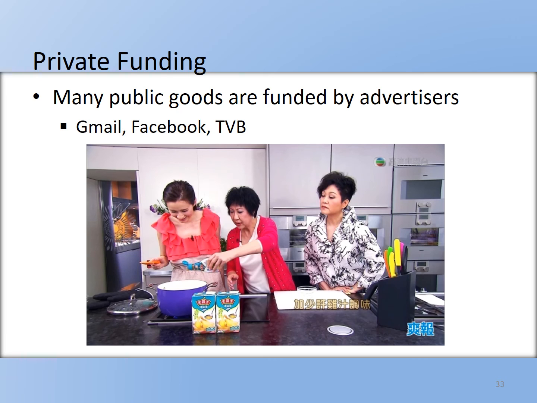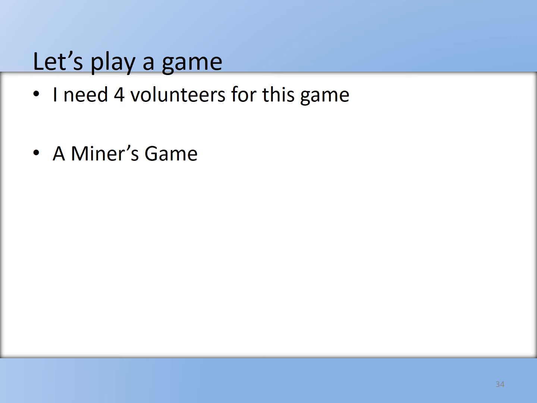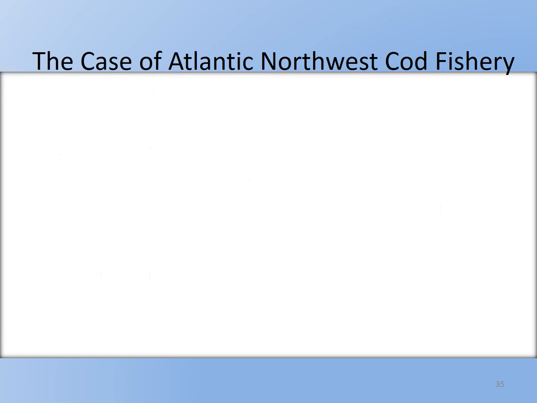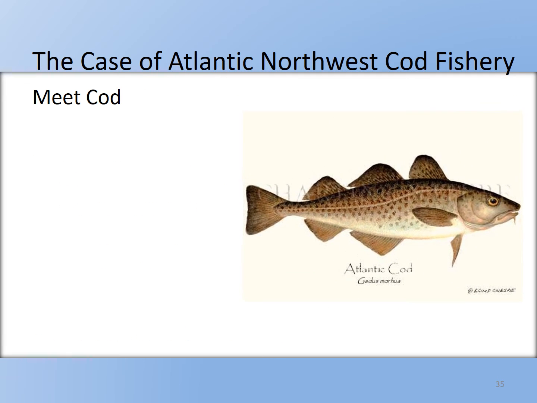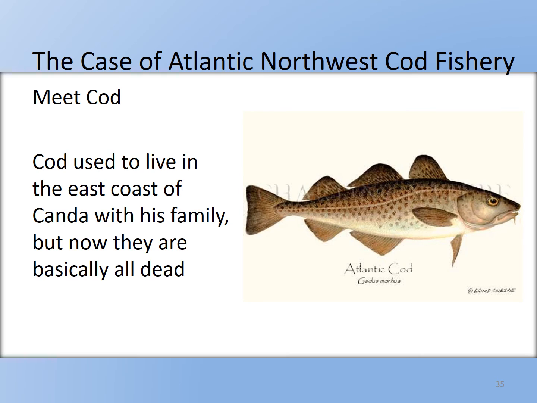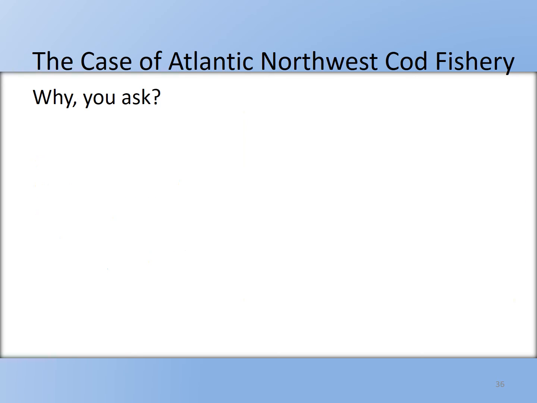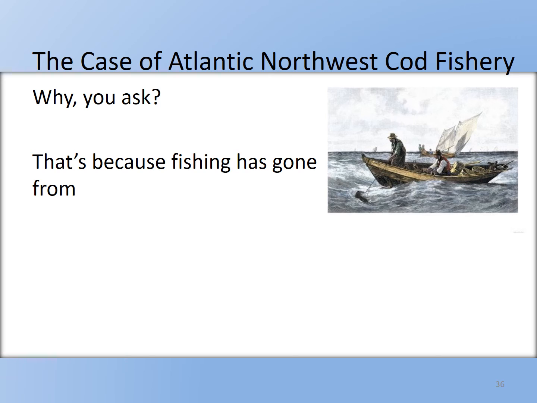And usually this is the time when I would. So, meet Coate, which used to live in the Atlantic Ocean with his family, but now they're basically all dead. Why? We're talking about a whole species, right? Now, the North Atlantic Ocean has basically lost all its fish stock,